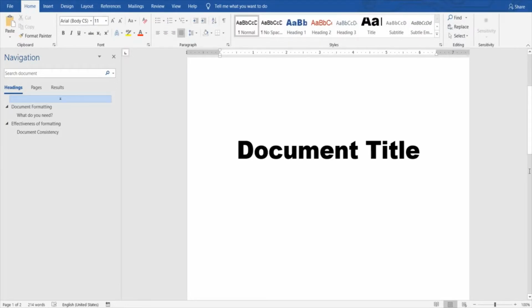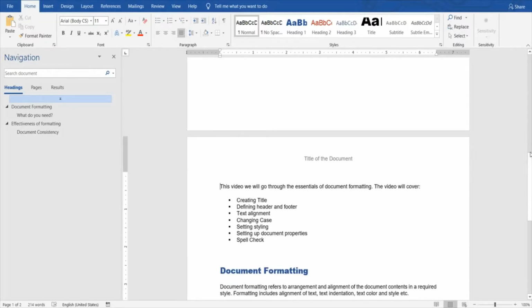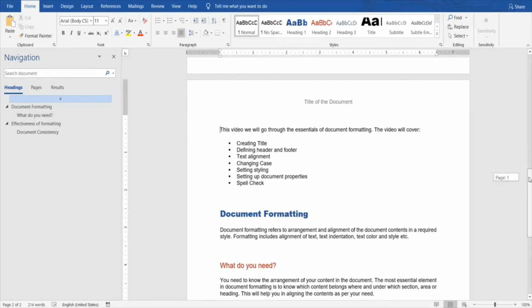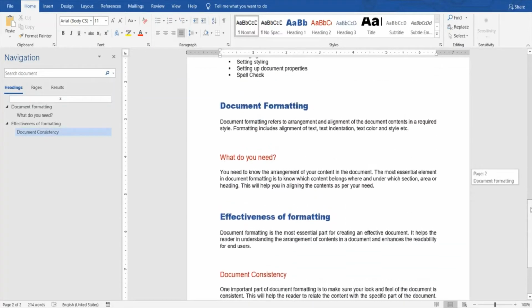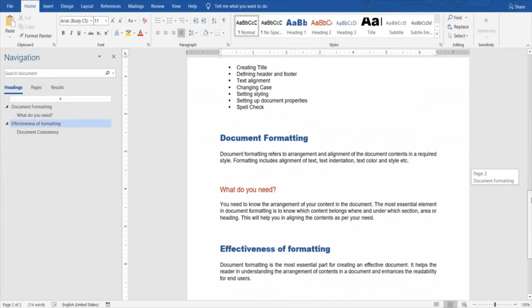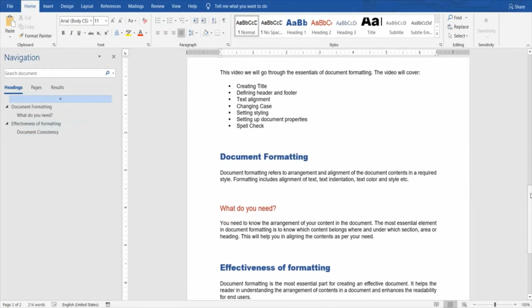Today we'll be learning how to split our content into columns on a single page. So we have our standard document with us. Let's say I want to display this text or this content on a single page in a column format. This format is usually used for creating brochures or white papers.